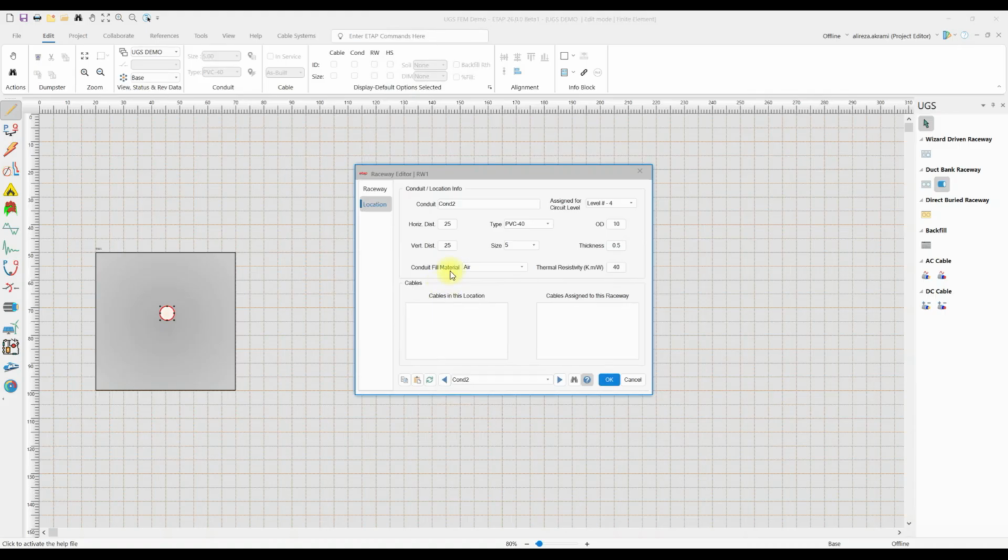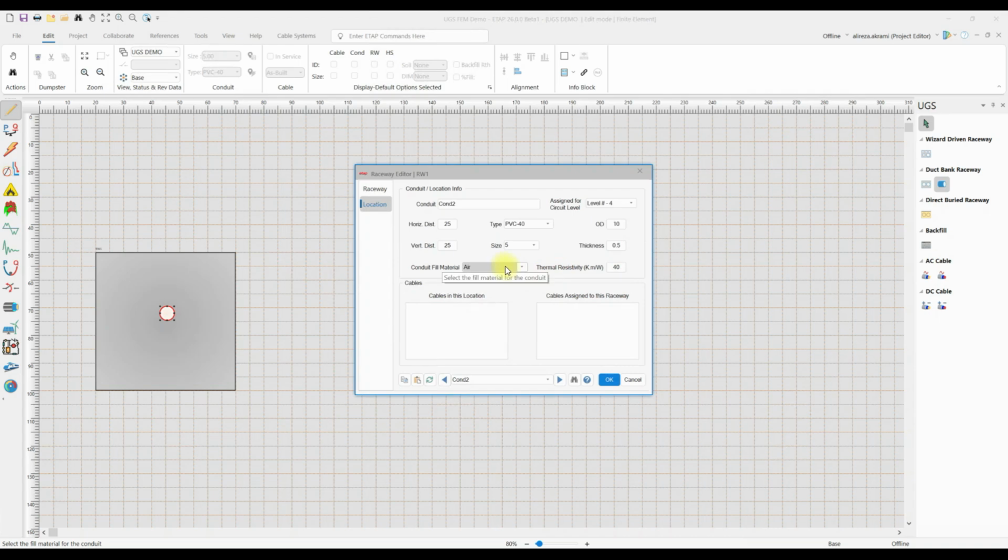And then the new option that you have here, unlike before, is what is the conduit fill material or the fill material for this inside the duct. So we have air, water, bentonite clay, sand, and any user-defined